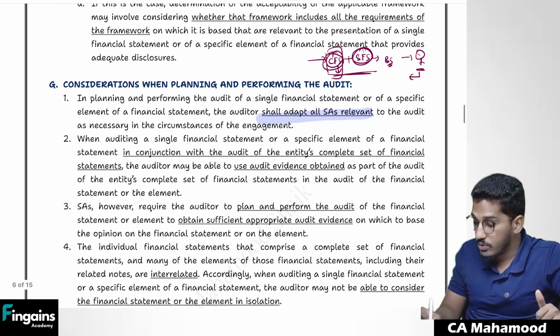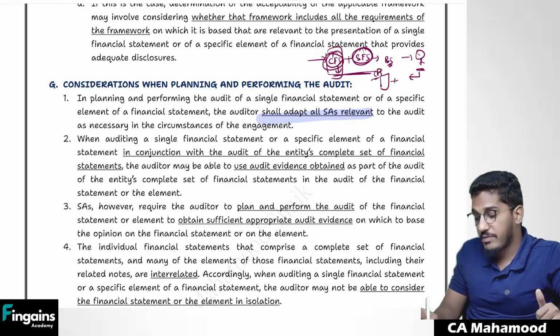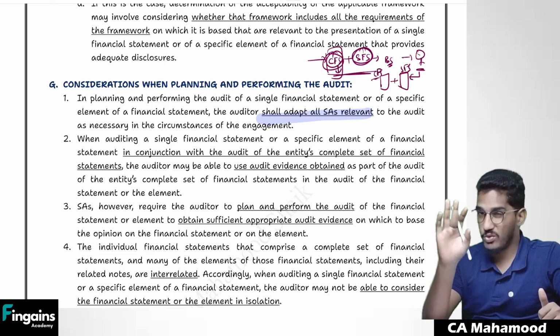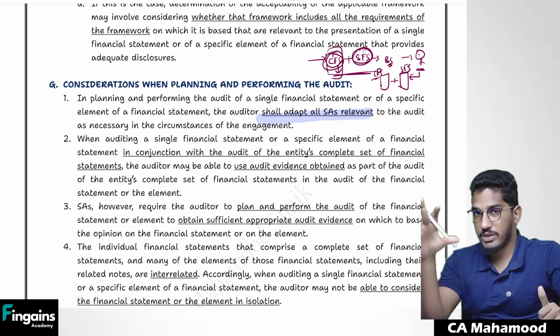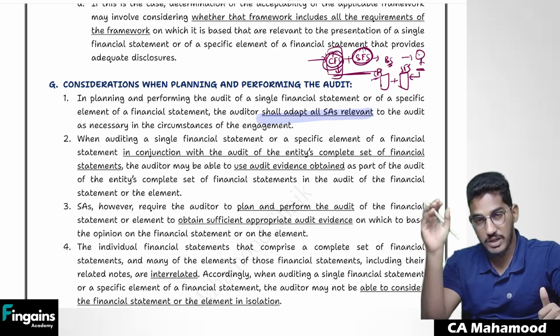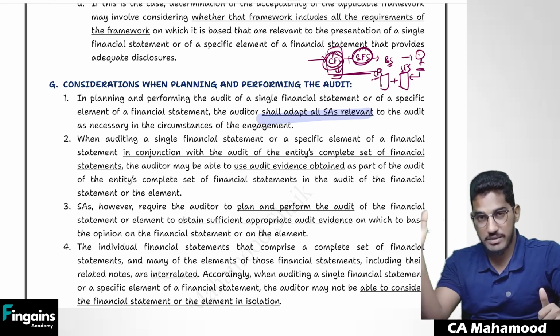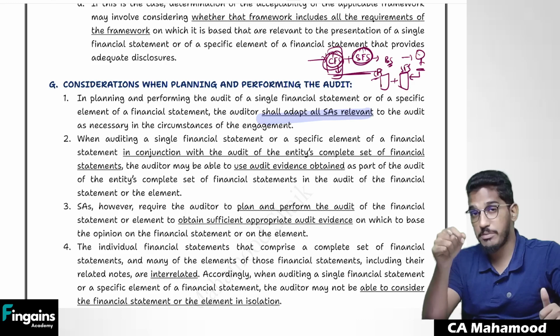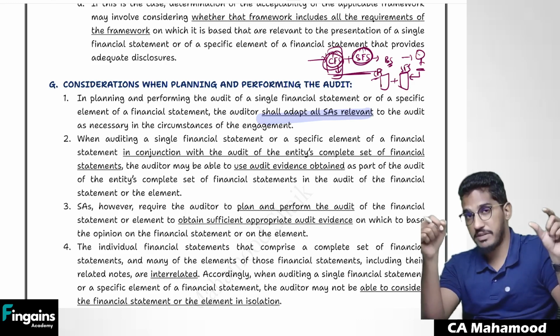No, you have to give a separate opinion for your complete financial statements audit engagement. You have to give a separate audit report for the standalone financial statements audit engagement. Don't give both the reports, both the opinions in the single audit report. Try to differentiate it. You have to, not try, you have to mandatorily give a separate audit report for the complete set of financial statements where you will express opinion on that complete set of financial statements.